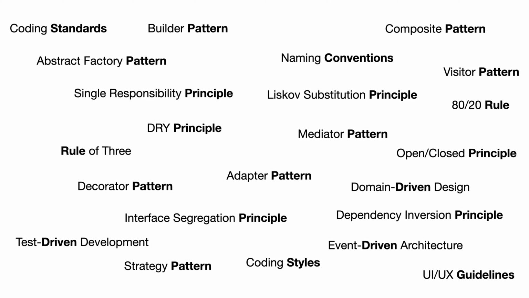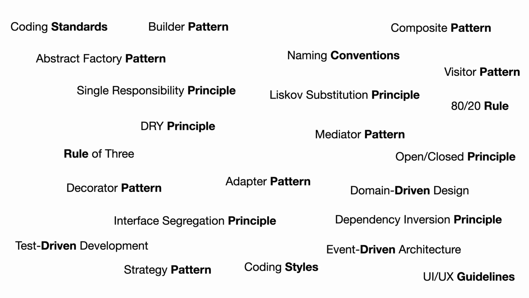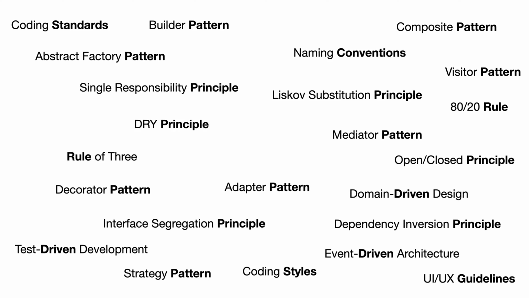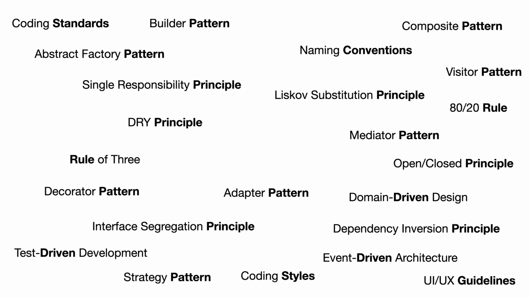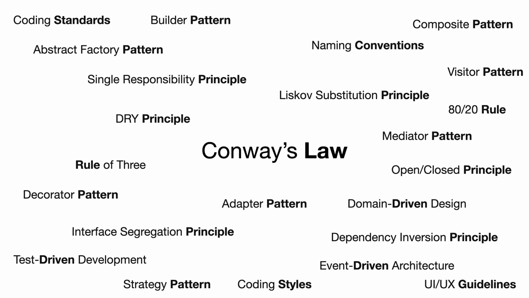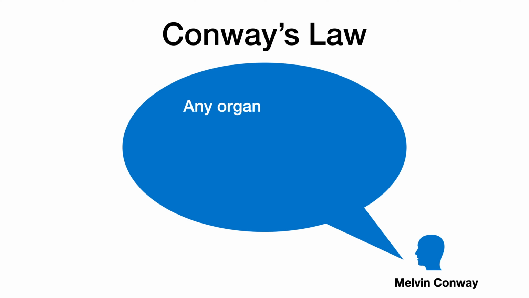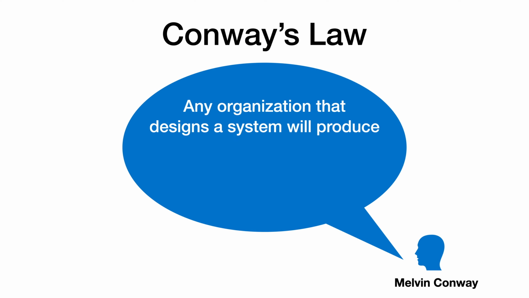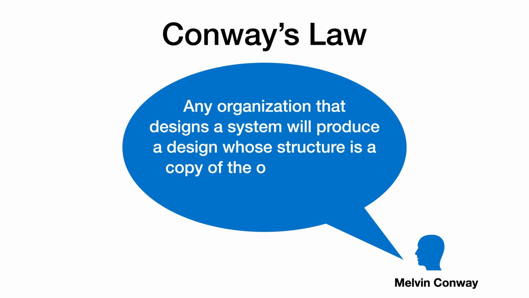Not many things in software design get called a law. For most programming decisions, we infamously say, "it depends." But not Conway's Law. This applies to every architecture. It says that any organisation that designs a system will produce a design whose structure is a copy of the